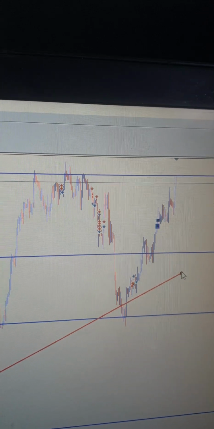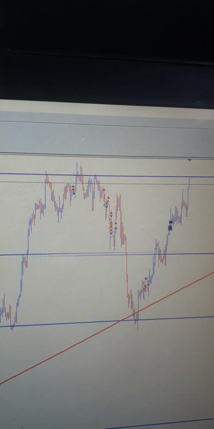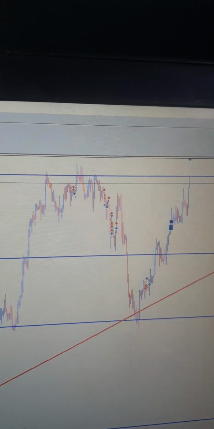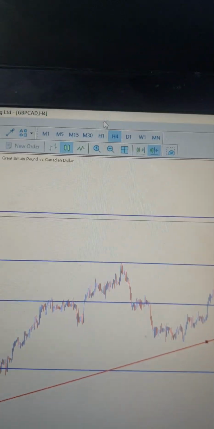So at this point, what I'll be expecting is I need to go now to the lower time frame, like the 1 hour time frame, to see the behavior of the market at this level, because it's already at my resistance level. So I'll be waiting to take a trade here. What will I be waiting for? If I go down to the lower time frame, like the intermediate time frame, 1 hour, to see the behavior of the market, if I go to my 1 hour,